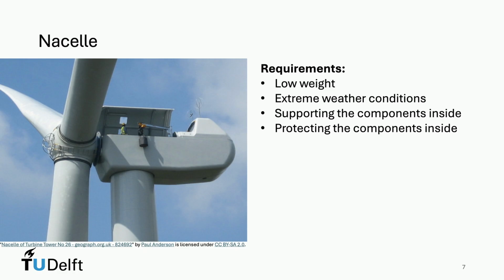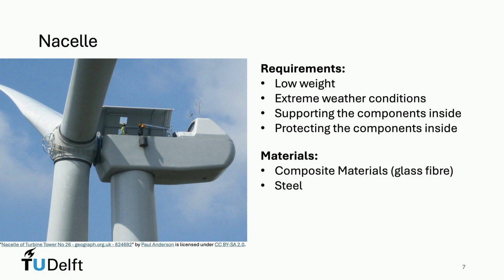The nacelle, which houses critical components like the gearbox and generator, also faces specific material requirements. They are designed to withstand extreme weather conditions and are typically made of a mix of mostly fiberglass composite materials and steel. Composite materials are used to keep the mass of the nacelle down, given their lightweight structural performance, and to protect the components inside the nacelle from the elements. Steel is used in a supporting structure. Its strength and durability make it ideal for withstanding the large forces exerted on the turbine by the rotating blades and supporting the mechanical components inside.